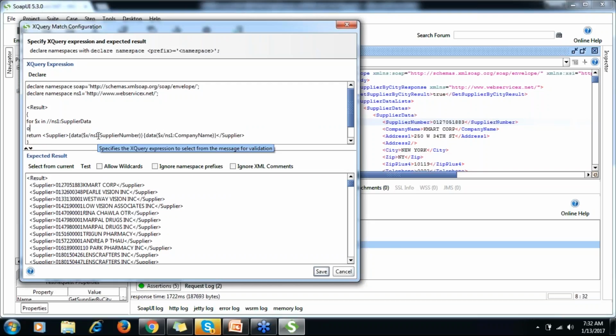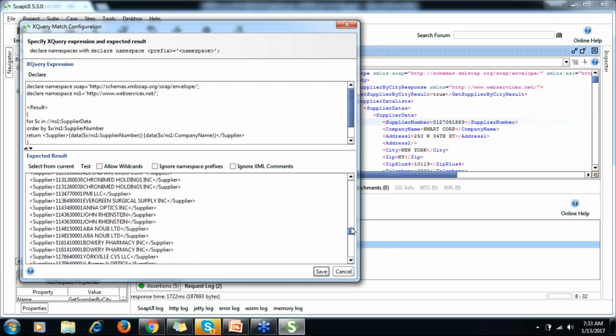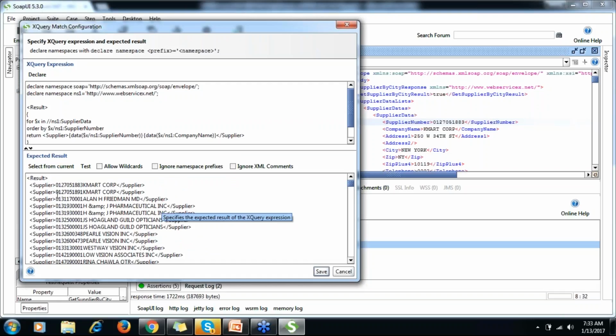Okay, so to do that in XQuery you have to mention order by after the for statement, and then by which, so I need to mention this by supplier number. Okay, and I need to put this $x, and now see if I click select from current, we got ascending order.